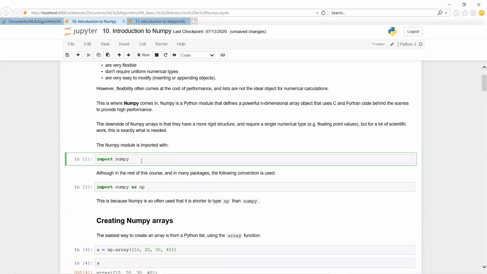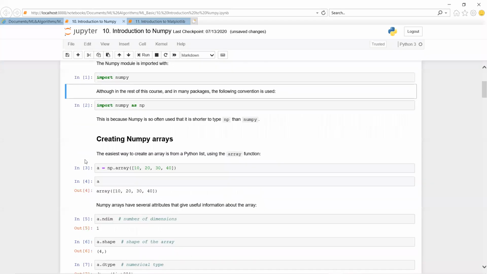For import numpy, you have to tap and run. You get a star mark, and afterwards it will give a number. Whenever there is a star mark, you have to understand it is still running. If we get a number, it has already been executed. Star means it is still executing.